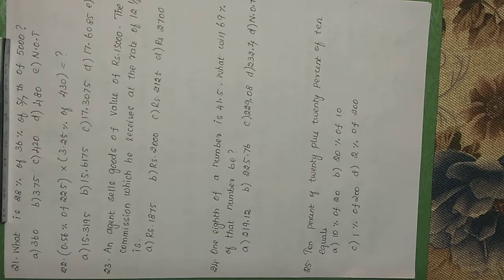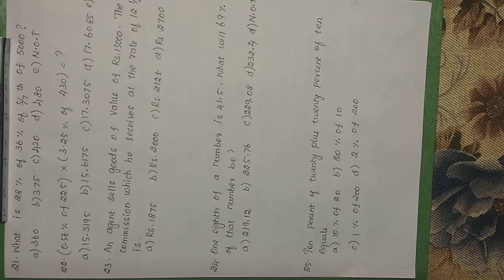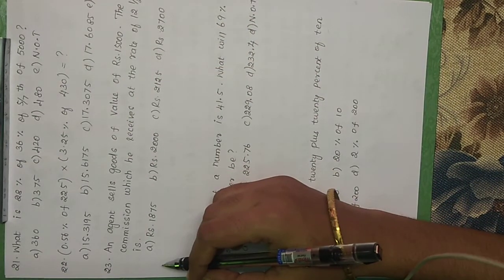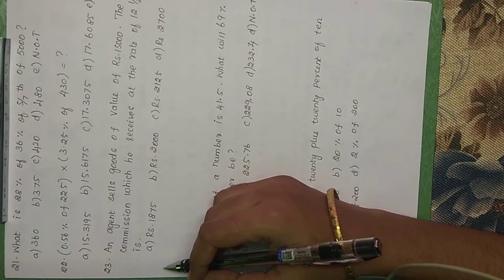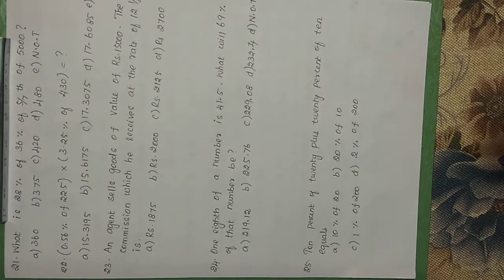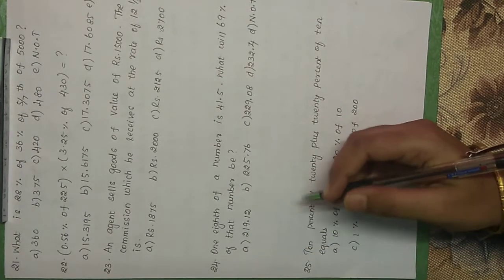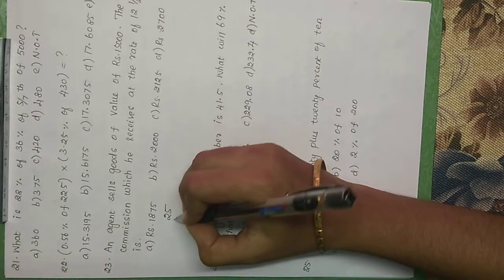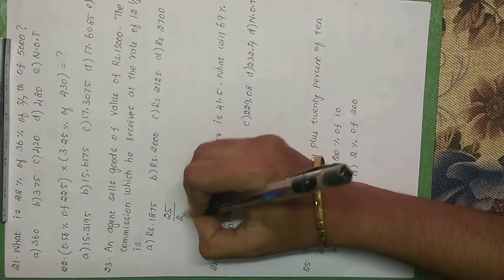The next problem is, what is 28% of 36% of 5 by 7th of 5000? This problem is similar to the previous problem, and similarly the next problem is also similar to the previous problem. Next problem is, an agent sells goods of value of rupees 15,000. The commission which he receives at the rate of 12 1/2% is, so 12 1/2% means 25 divided by 200,